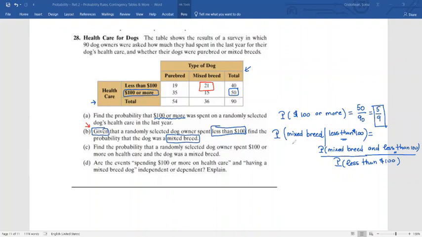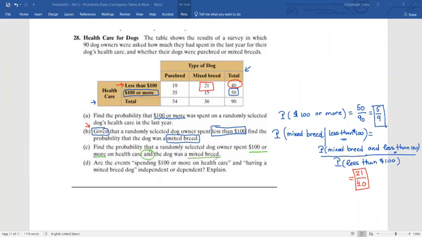So I'm looking for less than 100 partial total, which is right here, and that will be 40. So the answer to this problem is 21 on the top over 40 on the bottom. Next question, find the probability that a randomly selected dog owner spends $100 or more on healthcare and the dog